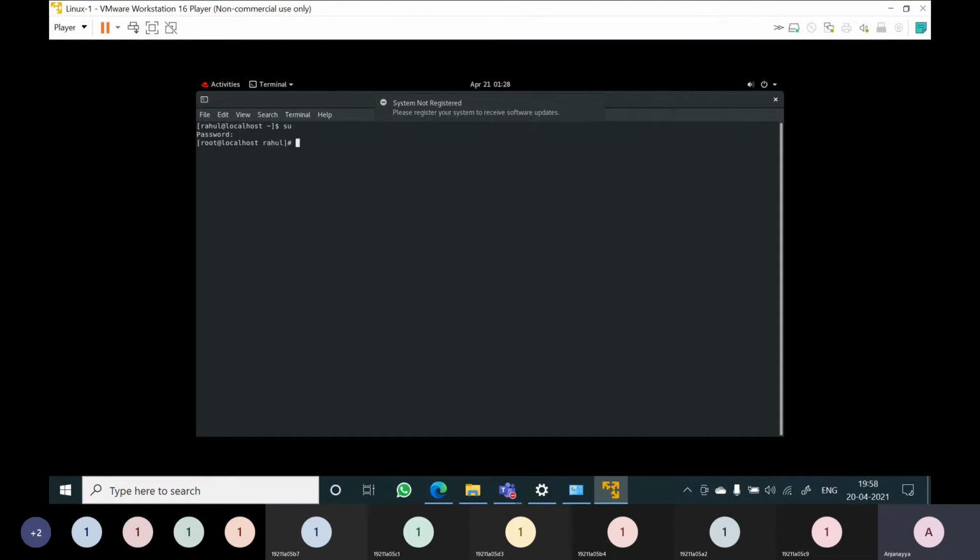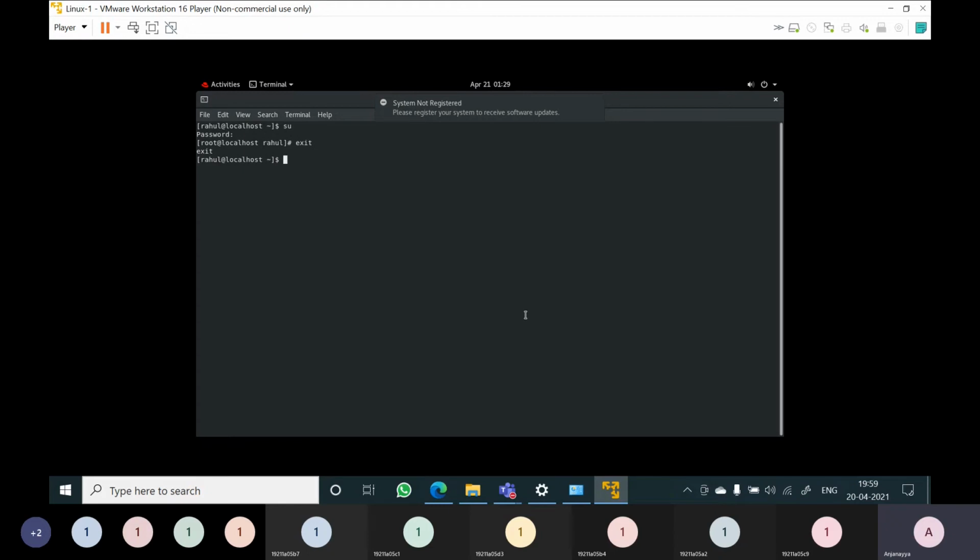When root is logged in, you are seeing that hash symbol. So to differentiate between the administrator and the normal user, dollar means normal user, hash means root user. Now if you type exit, you will go to Rahul again, the user Rahul.